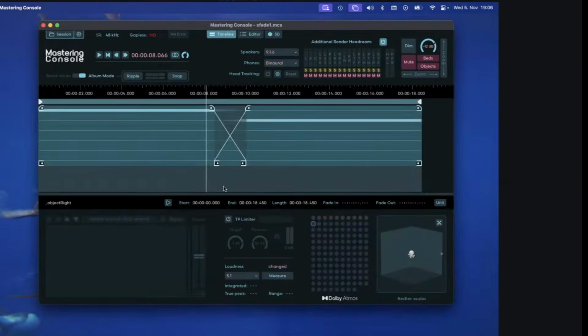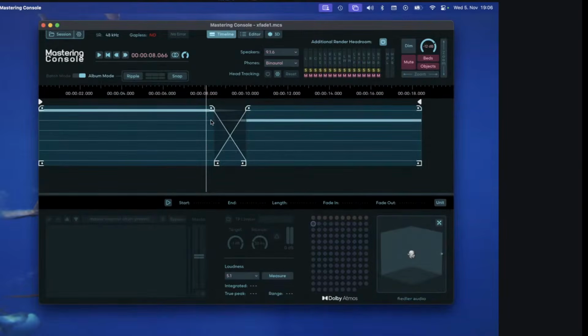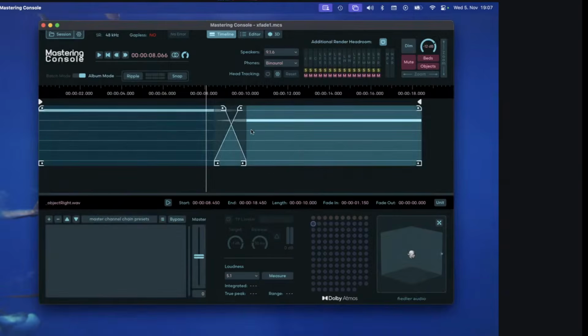Or better said, between the beginning of the overlap and the end of the overlap, because of course you can also change the fades of each of the member clips, but when it comes to the object position, then we can